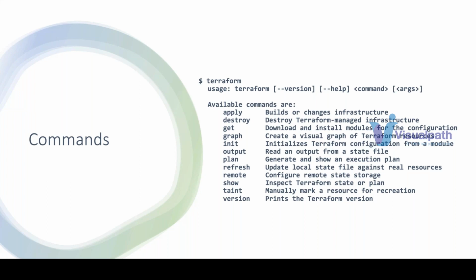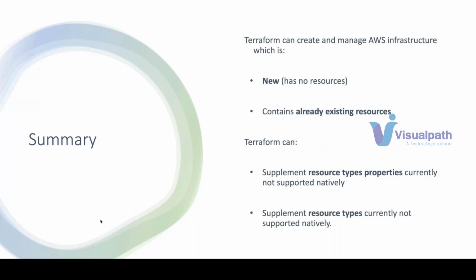Any questions, doubts, or I'll just move ahead. Okay, I'm moving ahead. So what are we going to see in this Terraform? We have just discussed it. Now let's see how we are going to manage the infrastructure when we are provisioning new infrastructure, and when there is already an infrastructure. Say for example, there is an EC2 instance, a server in layman's language, which I already created in AWS. Now I want to manage that using Terraform. I have not created it using Terraform, but now I want to bring it under Terraform. Can I do that? Yes, you can.